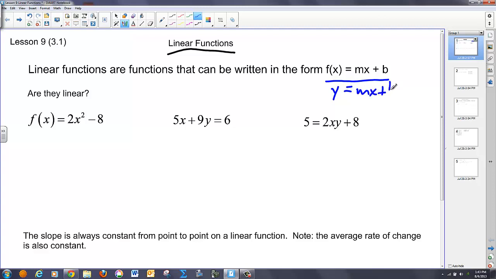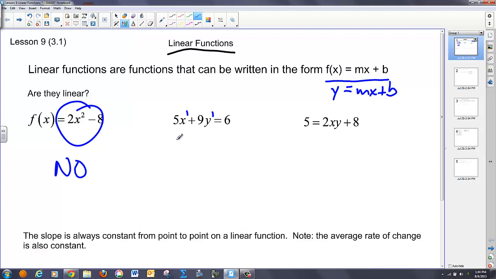So if you look at the three equations down below and you want to know if they're linear, instantly you can tell that this function right here is not linear because of the x squared, so that's a no. In this one, we have both an x and a y in the equation. There's a possibility, since I have an exponent of 1 here and an exponent of 1 here,